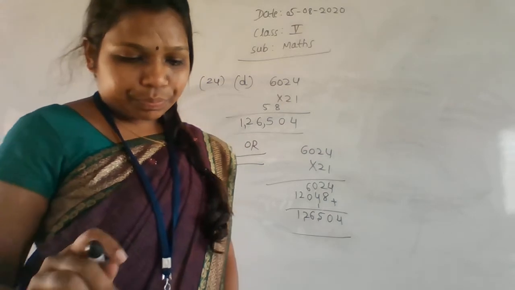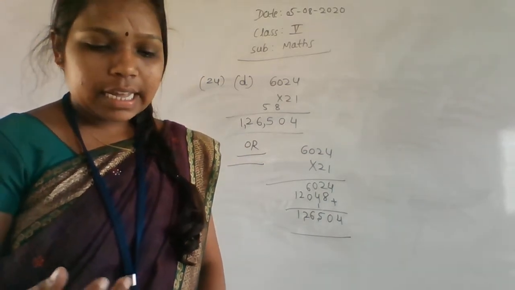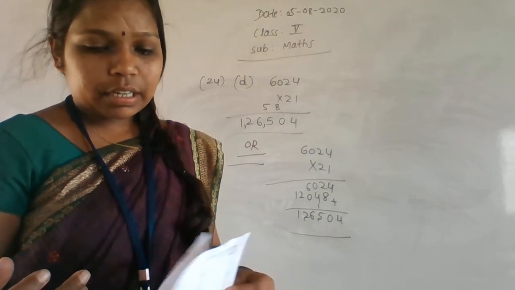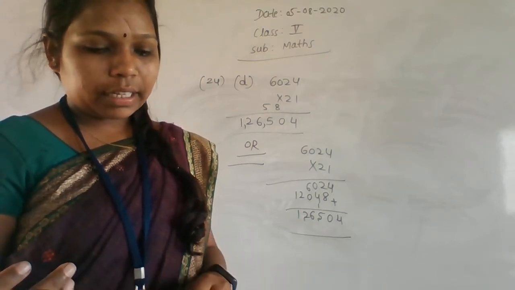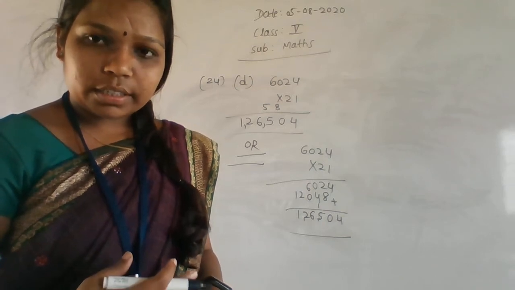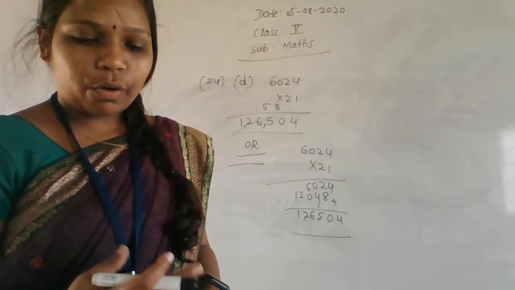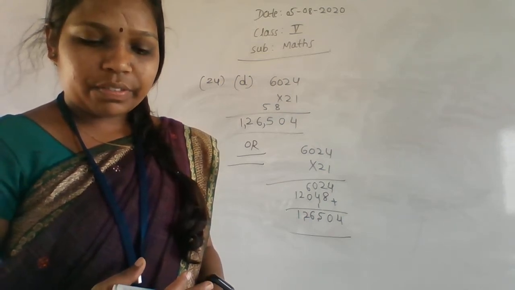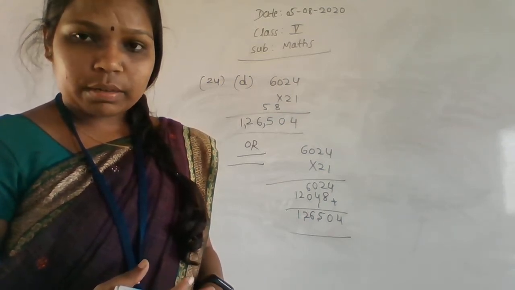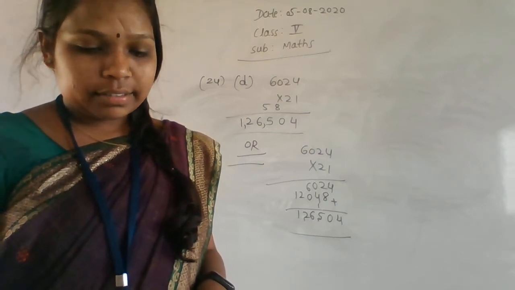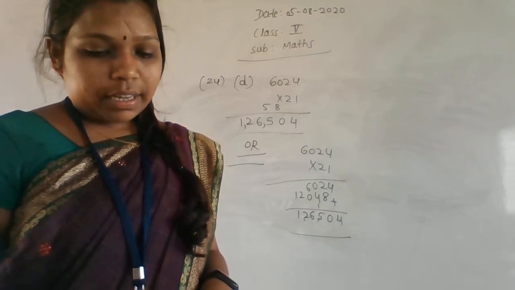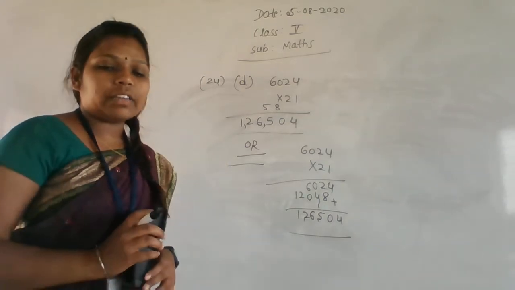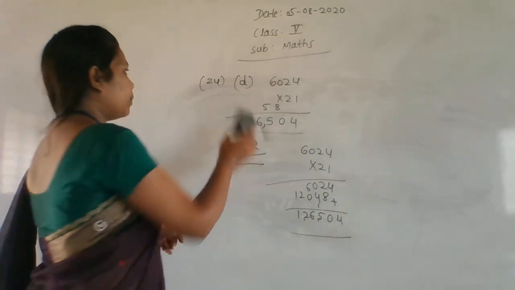Next we'll find the quotient and the remainder for the following. Question 25 is given here: find the quotient and the remainder for the following. These are all division problems. I hope everyone will do those problems. Still, I will do one example, the second one with a bigger value. Okay, so the 8th one and the 6th one you have to do.